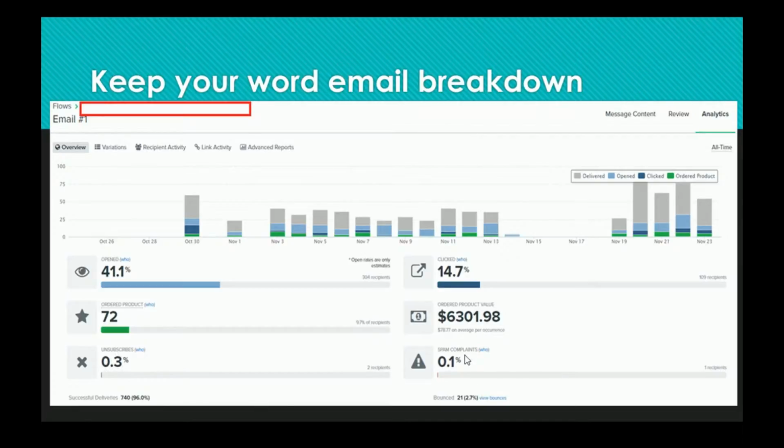So anything once you're getting into like 1 close to 2% spam or unsubscribe, you want to make some changes or just dead stop that, because you don't want to let those numbers get too high and affect your deliverability for future campaigns. But I just kind of wanted to dive in really quick and show you guys a little bit more of a breakdown of what I'm talking about as far as the power of what we're